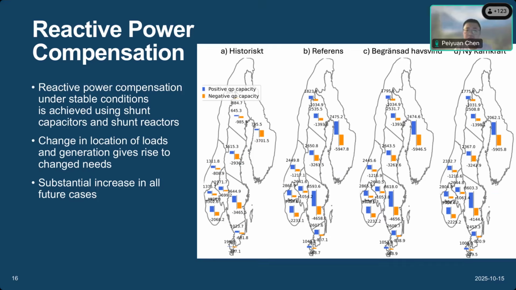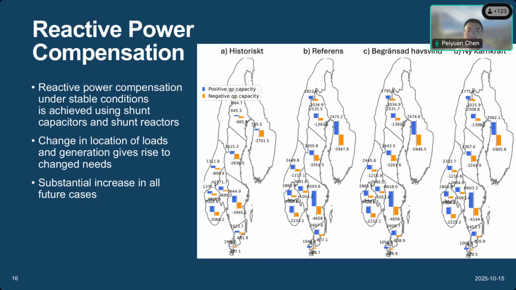What we can see here is that, for example, when we take a close look at Finland on the most right-hand side of the figure, we can see a significant increase in both the shunt capacitor banks and the shunt reactors in all 3 future scenarios. And this is primarily due to the increased electrification, thus the load increase in the system, as well as the increase of renewable generation, especially the wind parks. So this is what we have done so far